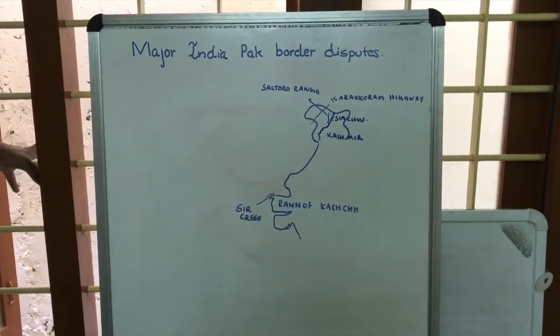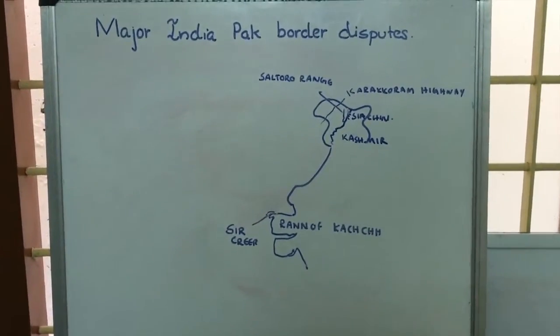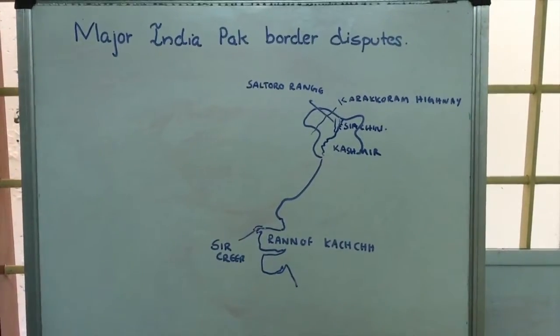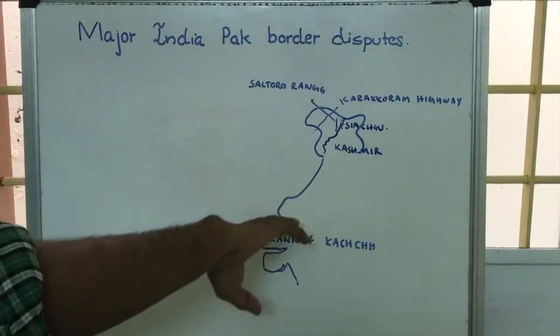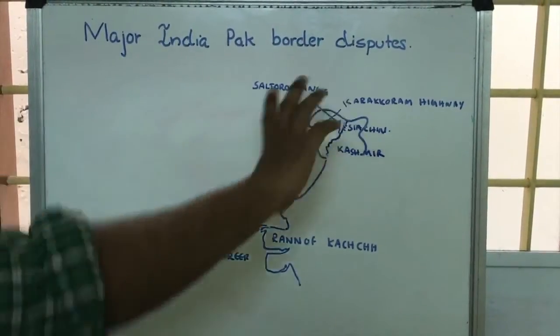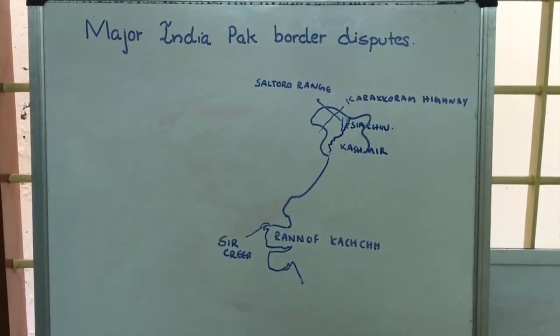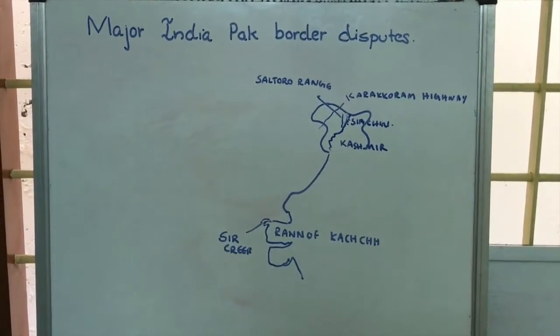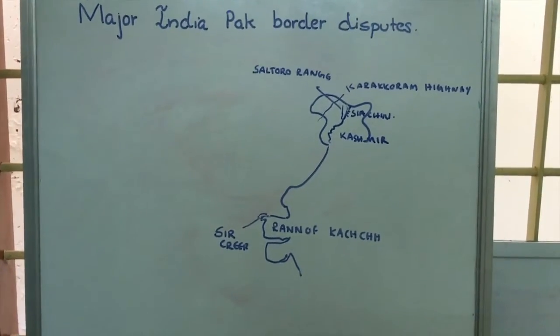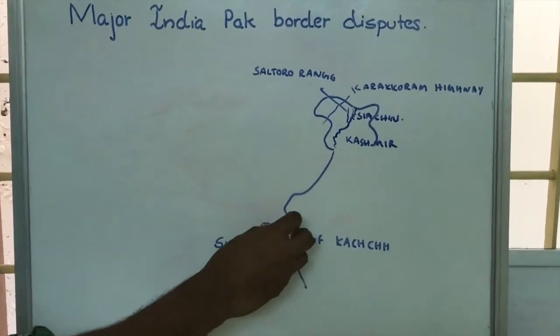Major India-Pakistan border disputes are being discussed in this session. First, when we are looking at the border, here is Gujarat, then comes Rajasthan, then Jammu Kashmir. These are the three states which share its border. Then comes Punjab too. These are the states which share a border with Pakistan. And here, the Run of Kutch, this region